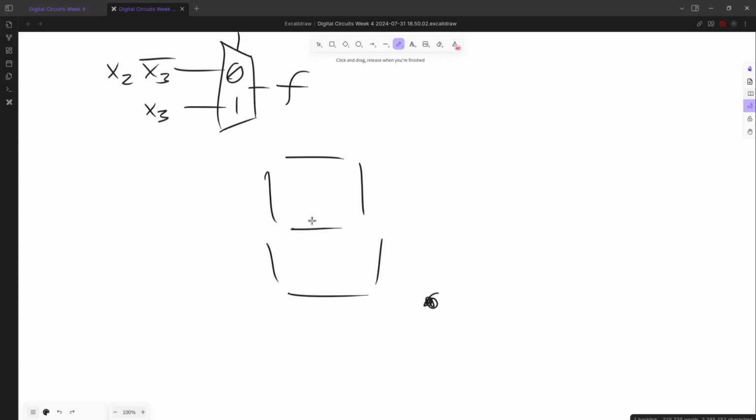Or, well, actually, I don't think that works. But the thing is, for a 7-segment display, you have 7 outputs, right? You have individual LEDs that need to be turned on, and they need to be turned on correctly. It can't just be, this one is on, because what does that mean? It could mean anything. You have 7 outputs, but then you're usually feeding it with a binary representation of the